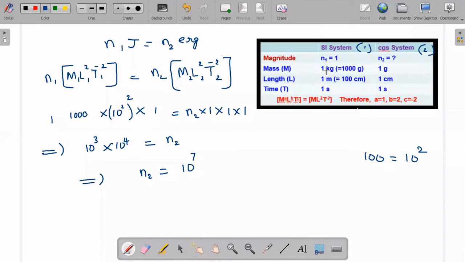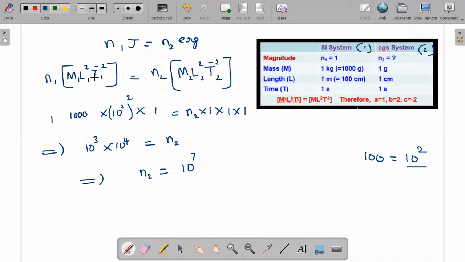Okay. L1 is what? Our 100. I want to write both sides in the same units. Here gram centimeter second, here also gram centimeter second. This is in SI system, that conversion I have already done in this table. I am writing it. So 100 is there, and 100 only I am writing as 10 square.